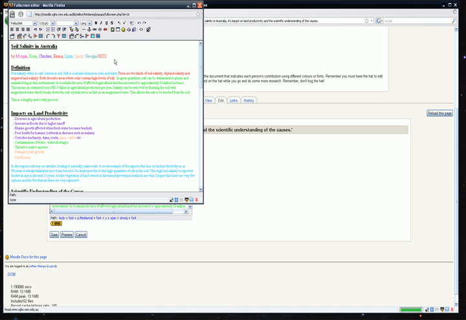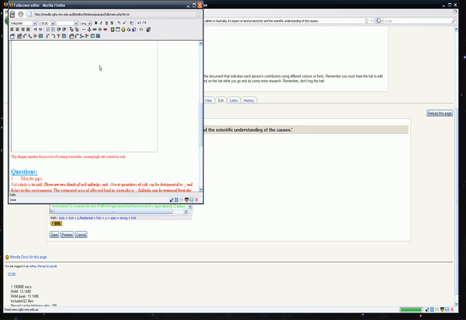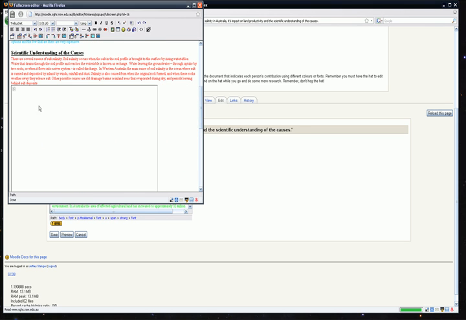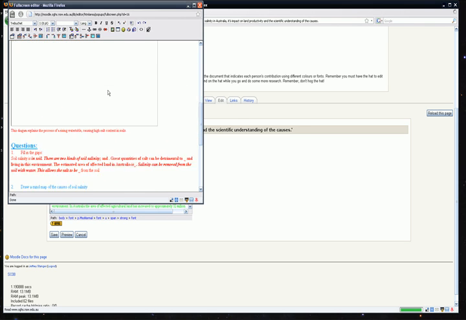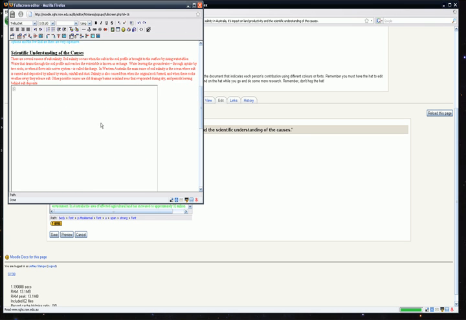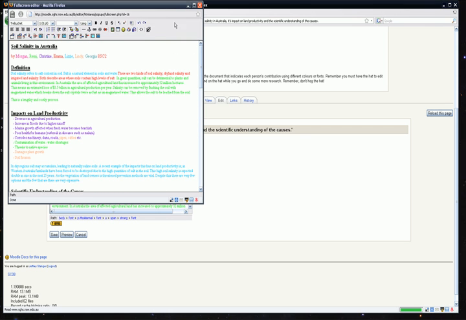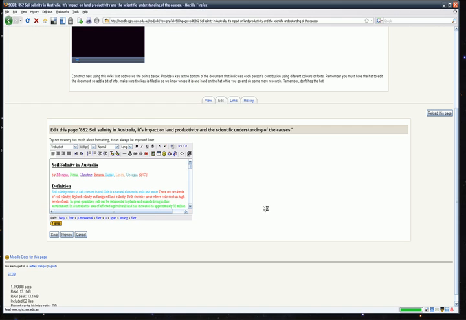It's called WYSIWYG. It means what you see is what you get, and that's very simple, just like word processors that we use. So yeah, the wiki plugin in Moodle is very good. And you can see here the document. There was an image here, and it's died. Unfortunately, probably the image has moved from where it was, so we've lost that. But yeah, there's the document, and then you just minimize that again, and it goes back into that